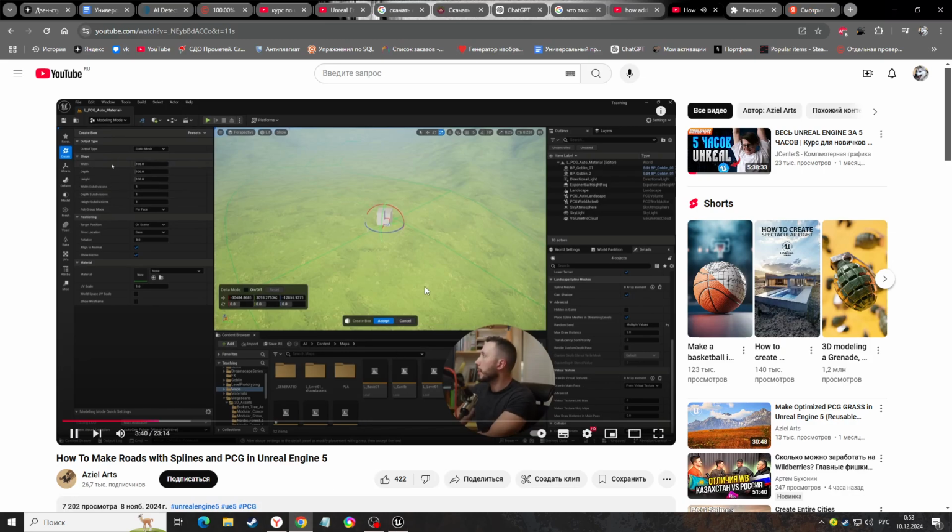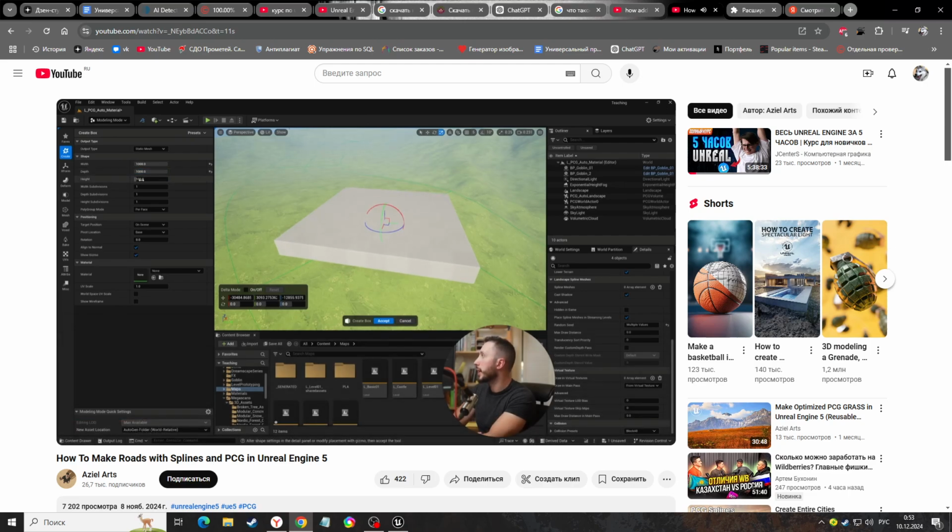In your level, but what I'm seeing here is a width of 100, which I want to increase because I want this to be a bit wider, and a depth of 100, which I also want to increase. And I don't need the height to be quite as high for this road, so I can go ahead and lower it. And these are all the settings that will be applied to our mesh when we actually go ahead and hit the accept button here, which will create that mesh